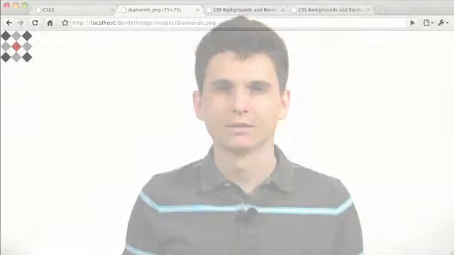Border image is a new property in CSS3 that, just as the name implies, allows you to apply images to the borders of your elements. Let's take a closer look. In Photoshop, I've created a pre-made image for us to work with, and I'll make that a bit bigger so you can see. It's not pretty, but it will help visually show what's going on when we experiment with this